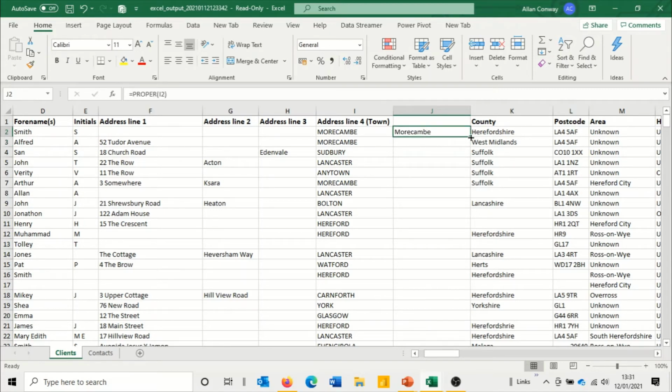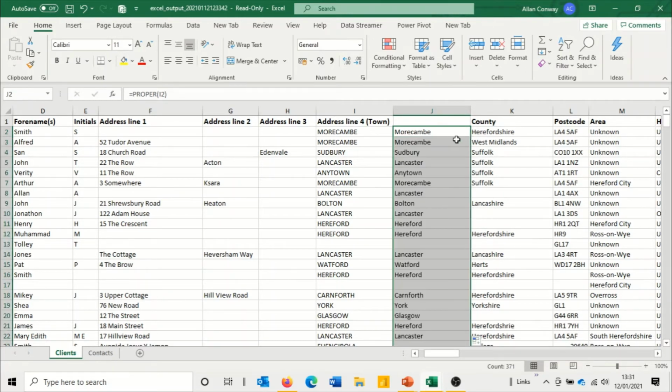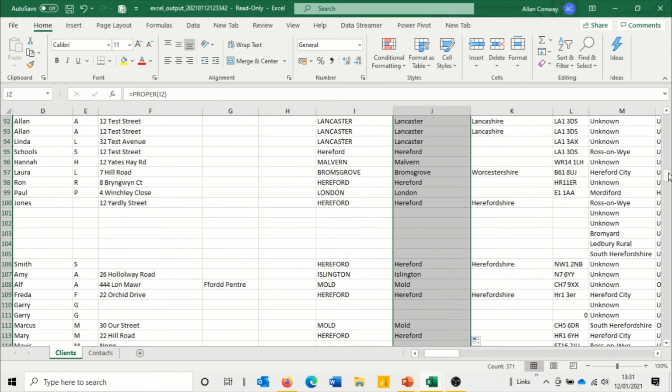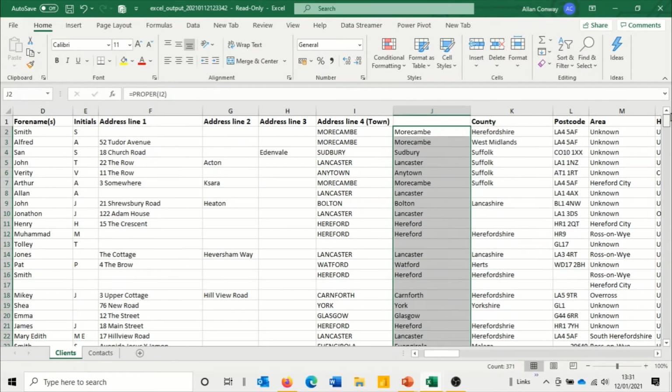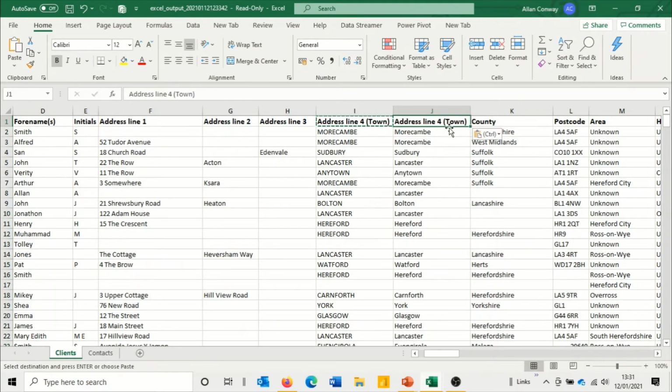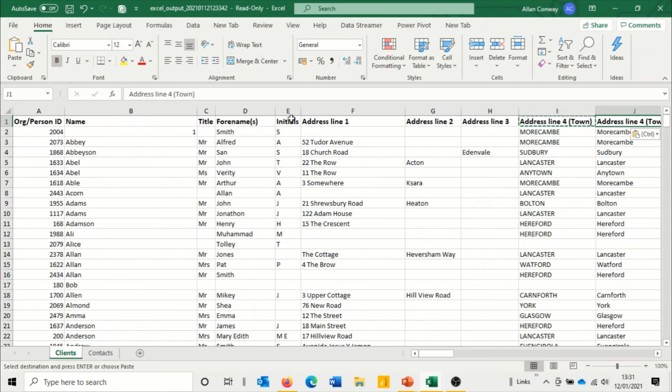And what you can see there is a cross at the bottom of the little cell. If you double click there, it'll drag that formula down right the way to the bottom, meaning it's done the same for every single entry, and it looks a lot neater when you migrate that over. And what you can now do is just copy that and paste that into there. So I would make sure I replace all my titles over here,